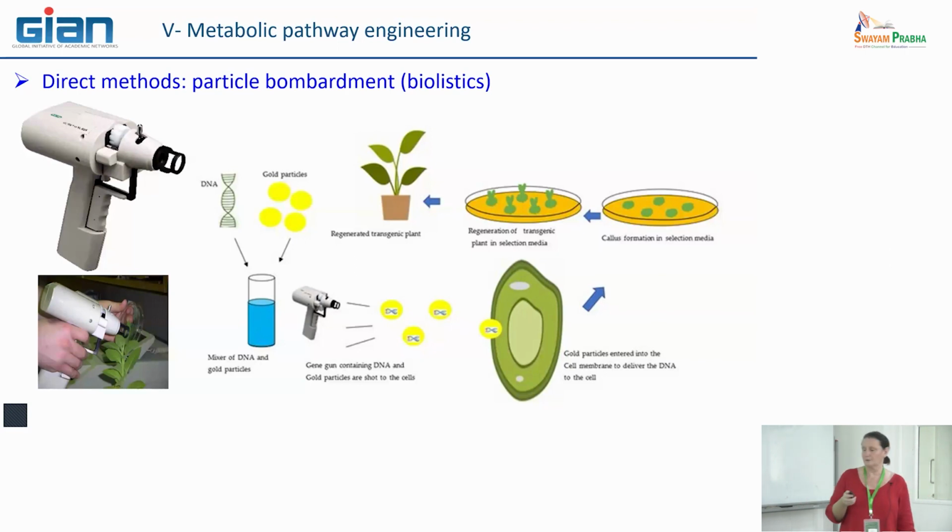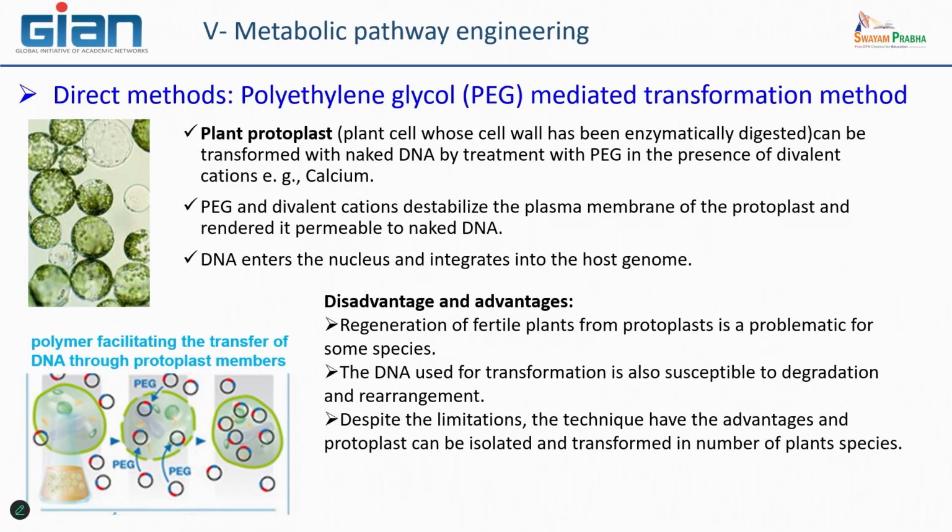So it is a very powerful way to have an idea of how these metabolic pathways are organized in one cell. It's not so easy. It's not just a soup in which you have all your enzymes, you give a precursor, and you want a product. It is more complex to regulate all of this pathway. So there are 3 other methods. I can go very quickly because they are not so useful now.